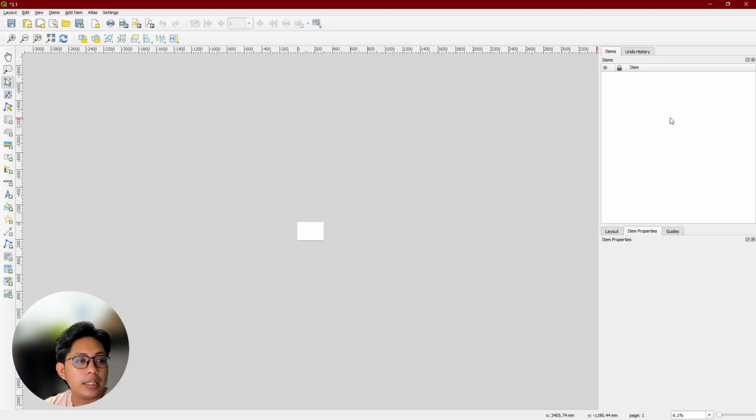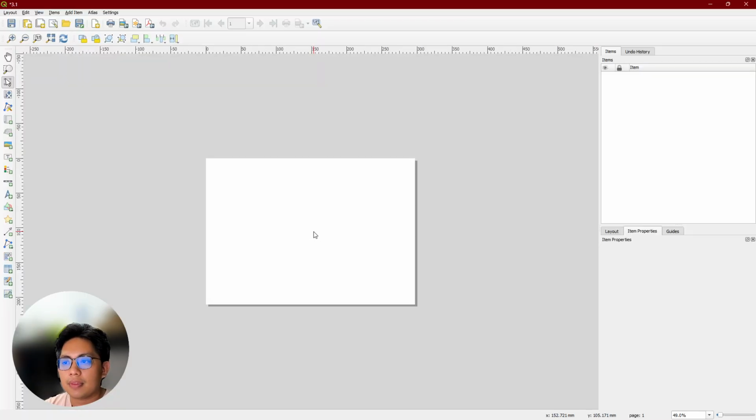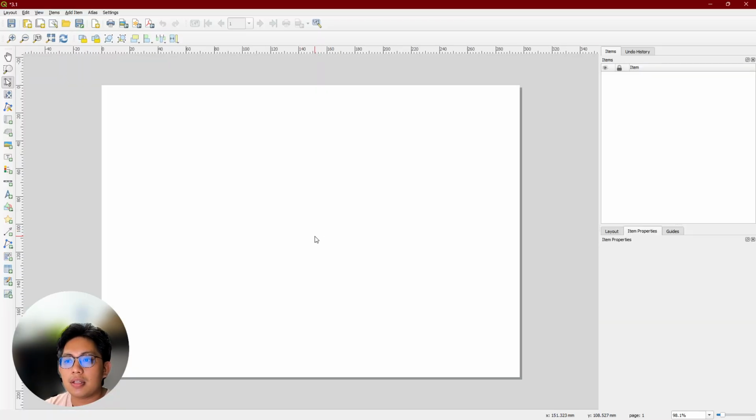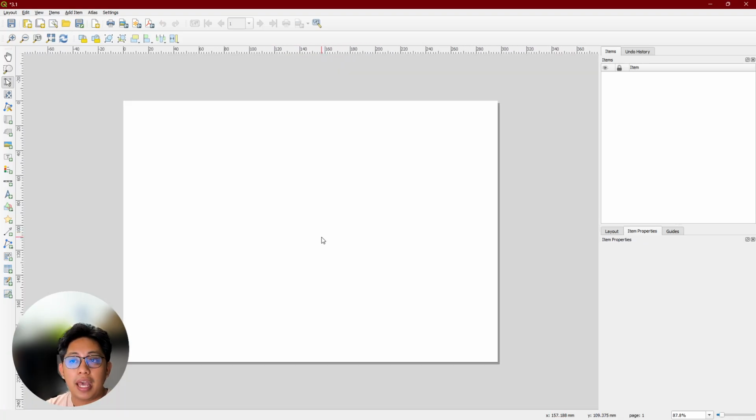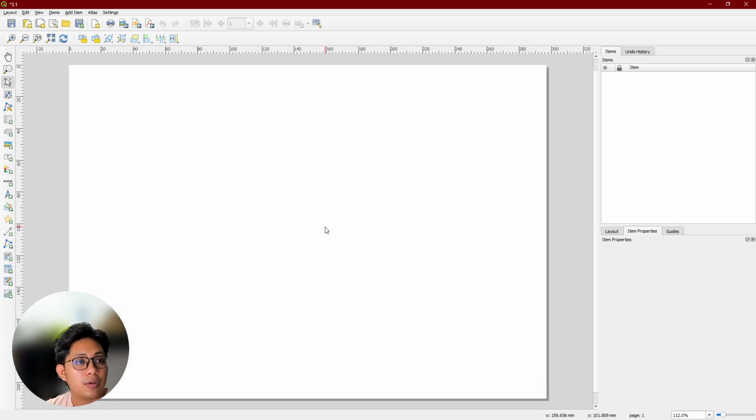You have your items here, items we put on our map. So let's say this is our paper. When you scroll, it's quite fast. To do very minute scrolling, press Control and scroll. So you'll scroll in increments.